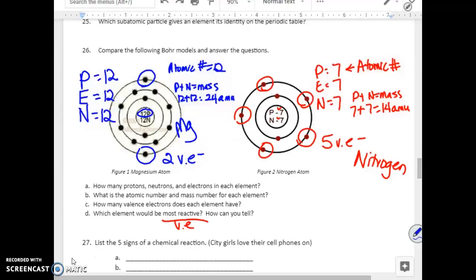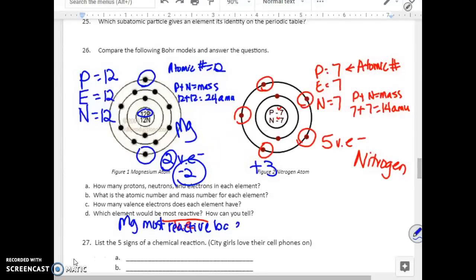So this needs to give away its 2, and this one needs to gain 3, because it has 5, it needs to gain 3 to get to 8. It's easier to give away 2 than gain 3, so this one is going to be the most reactive. So magnesium is most reactive